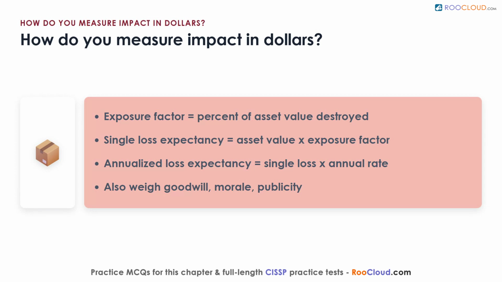The annualized loss expectancy is the average yearly cost, found by multiplying the single loss expectancy by the annualized rate of occurrence. If that fire strikes about once every 30 years, roughly a 3% annual chance, the annualized loss expectancy is around $10,500 a year. That number is not a budgeting figure, since no fire happens yearly, but it is invaluable for ranking risks.